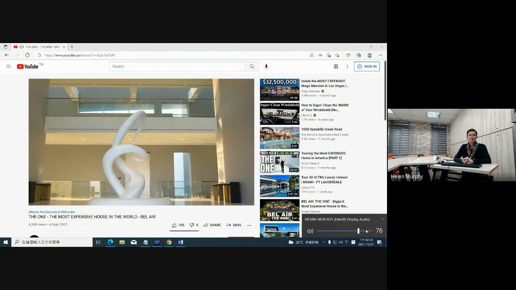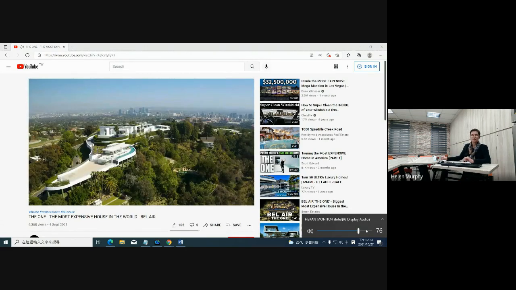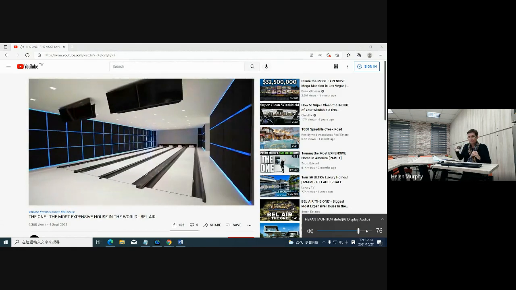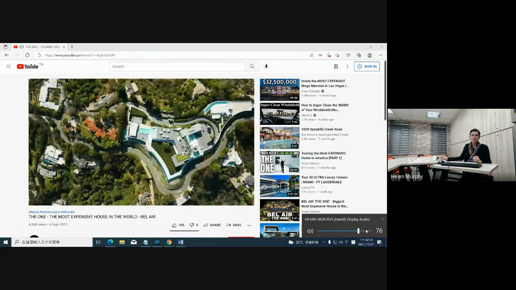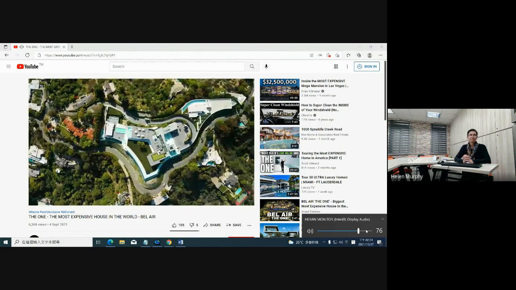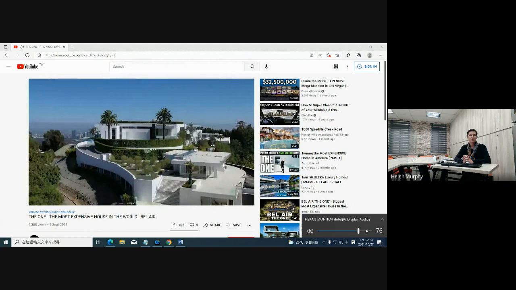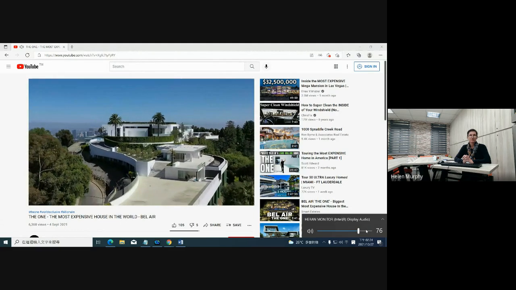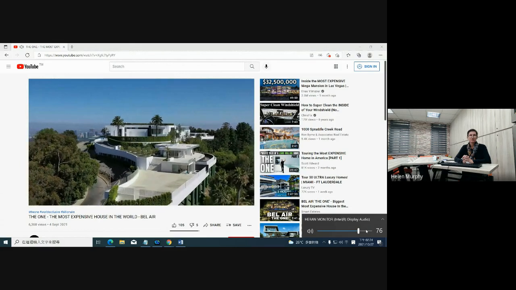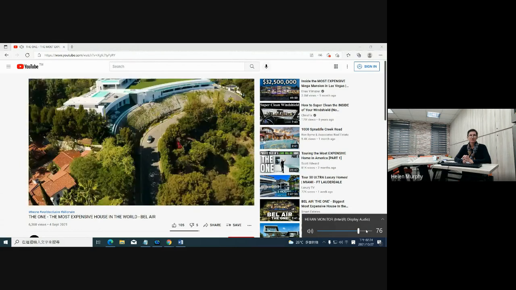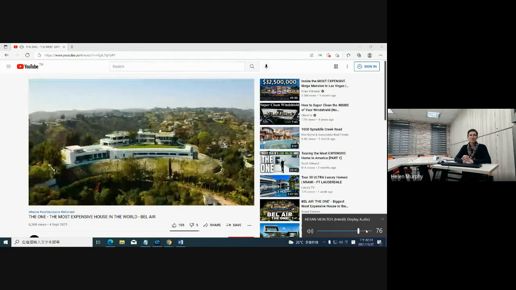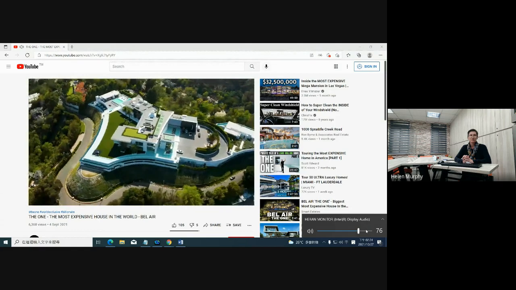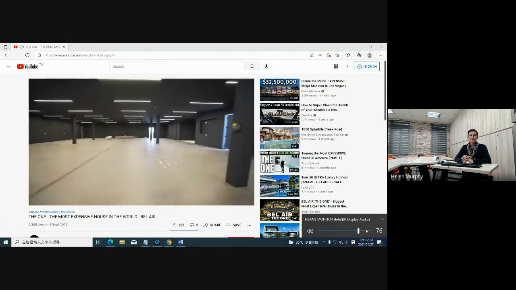This 100,000 square foot estate has a movie theater with 36 seats, a bowling alley, an auto gallery that can fit 30 cars, 2 wine cellars, actual art galleries, a cigar room with special ventilation, and everything you could want and imagine. The One has 21 bedrooms and 42 bathrooms. It is made up of 4 separate structures. The One holds another record for its sheer size. The quarter-mile-long Bel Air Manse is the largest in the world, comprising 21 bedrooms, 42 bathrooms, a 30-vehicle showroom, and 5 swimming pools.